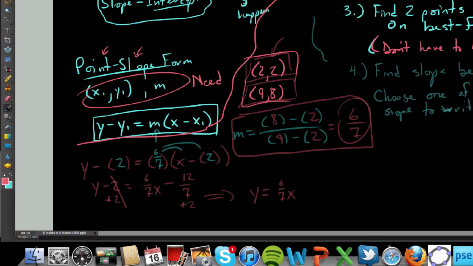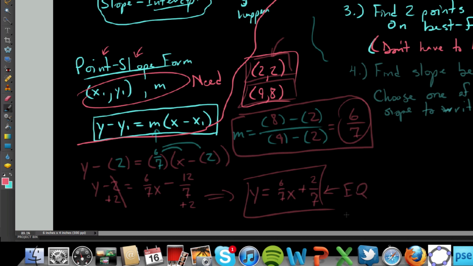And then 12 sevenths is negative, so we can do some side work here. Negative 12 sevenths plus 2 wholes. If we take 2 times 7 on top and bottom, we get 14 sevenths, and adding that to negative 12 sevenths, that's just a positive 2 sevenths. So now, this is the equation of our best fit line